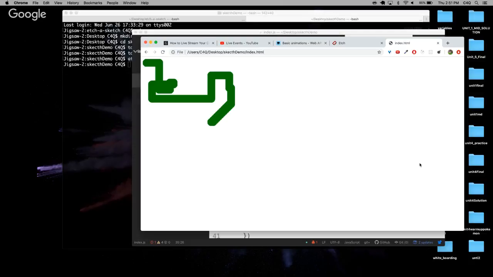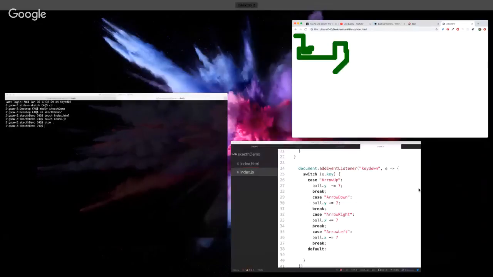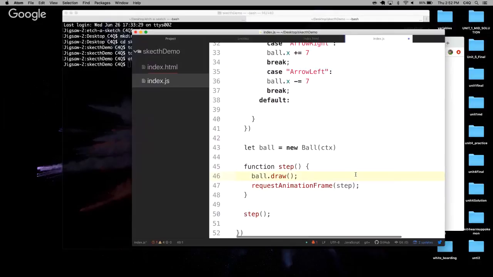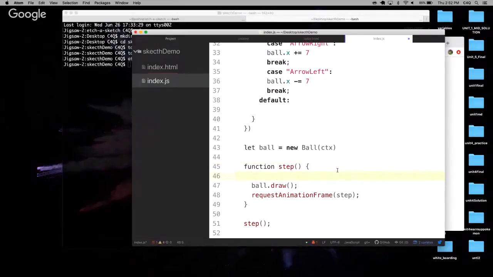Okay, so let's get rid of that because that was getting annoying. But let's say I want to clear it before I draw it every time, right? This isn't really good for our Etch-a-Sketch game, but this is good for maybe a lot of other games you might want to build. So I could say ctx dot clearRect, and I'm going to pass in the top, left,